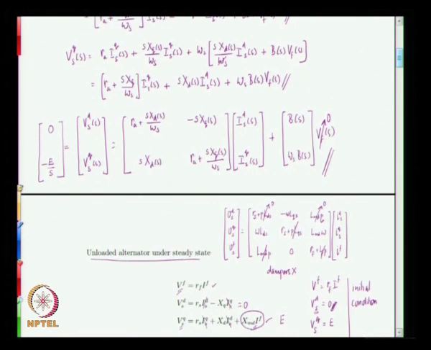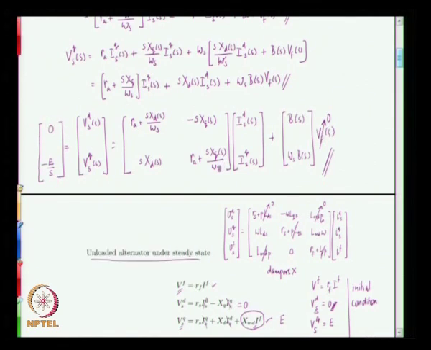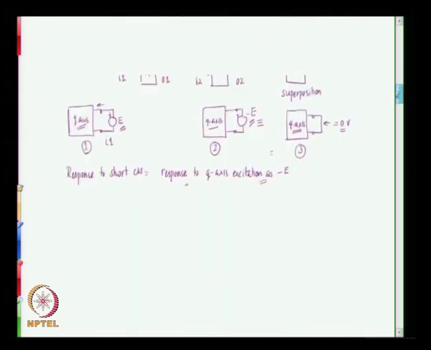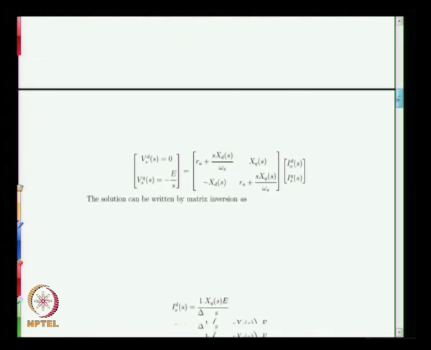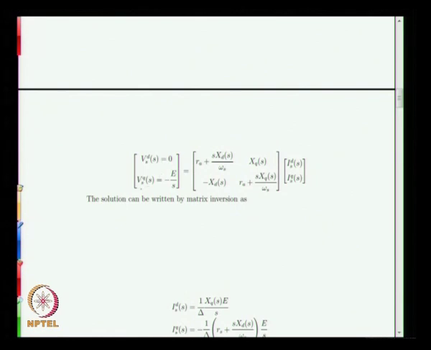So essentially we need to look at the system that is comprising of this as the input vector, the matrix given here, and this current. There is no contribution due to this because we are not going to touch the field. And so what we have is then this expression Vd of s is 0, Vq of s is minus E by s in this. Since it is a simple system, only two variables are there, we can write this by inversion, where